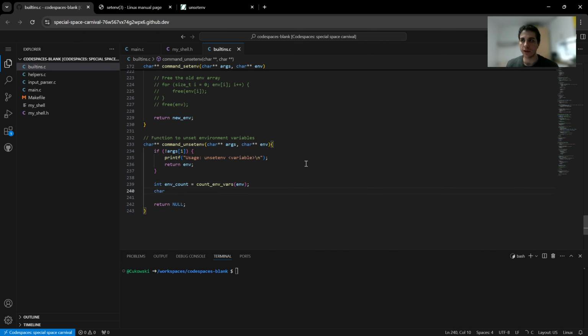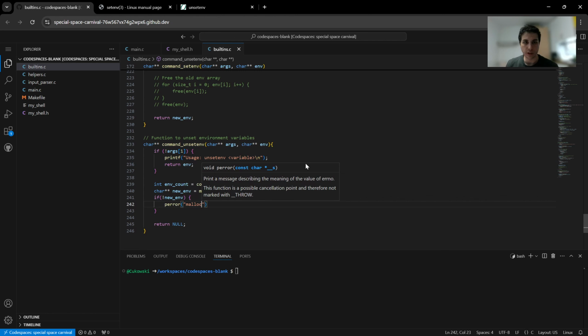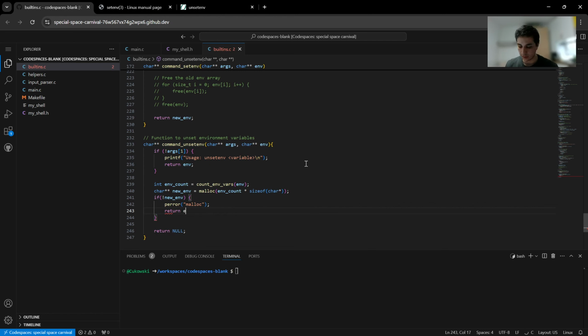We will malloc our new env, which will be malloc env count times size of char star, and if not new env, we will say malloc error and return the original environment,